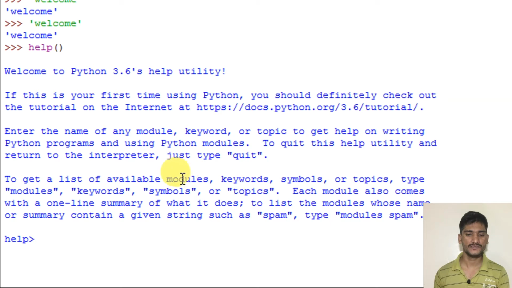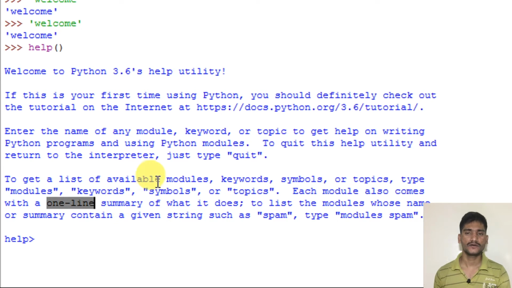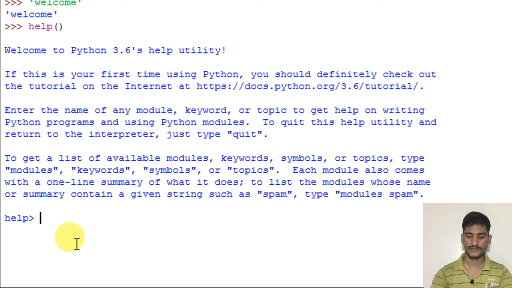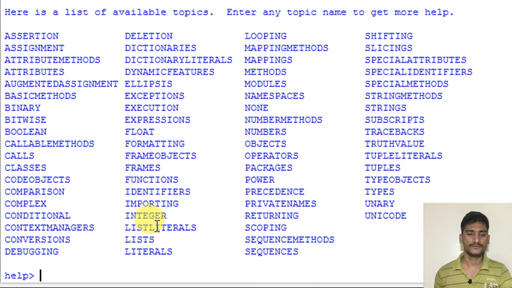You just need to type these keywords. If you don't know anything, it has some symbols and some topics, divided into packages. If you type keywords, it will show how many keywords there are. If you type symbols, you will get symbols. If you type topics, you will get topics. So I am typing topics here, within double quotes or single quotes, okay? TOPICS, topics, and then enter. See, if I enter topics, I am getting this many topics inside this Python program. Someone has coded and inserted them, so they come built in.